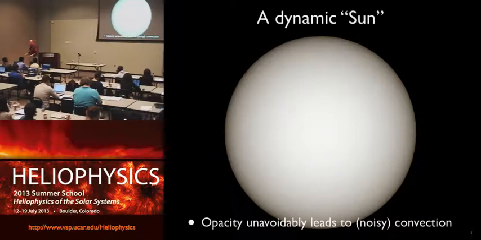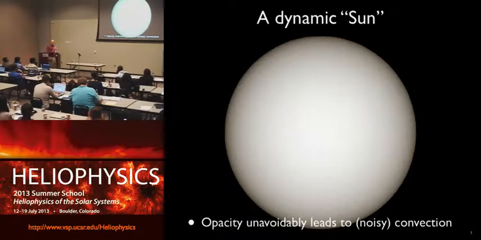That overturning motion on the smallest scales that we can see, and probably the smallest scales that really exist, are of the order of the size of Texas, Germany, Nigeria, a good part of India. It's about 1,000 kilometers across. And it takes only 10 minutes for the material to do that. So the velocities really are of the order of a kilometer a second. Near the downflows, they reach several kilometers a second. The sound speed is 7 kilometers a second. So it gets very noisy.